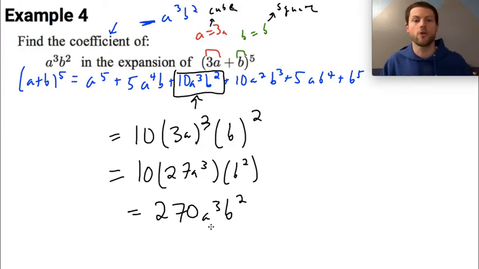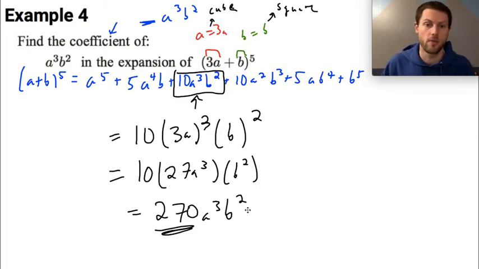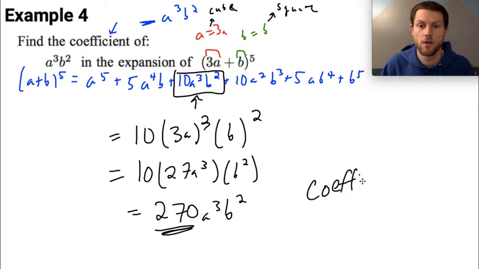This is the term in the expansion of this binomial to the fifth power with the a cubed b squared. I can't remember how the sentence started. That was a long sentence. Basically what I'm trying to say is this is the term I'm interested in because it has the powers a cubed and b squared as a part of it. So the answer here, the coefficient, is